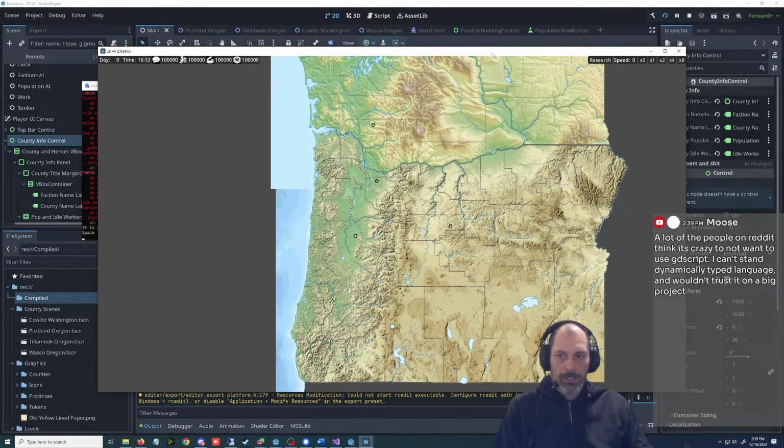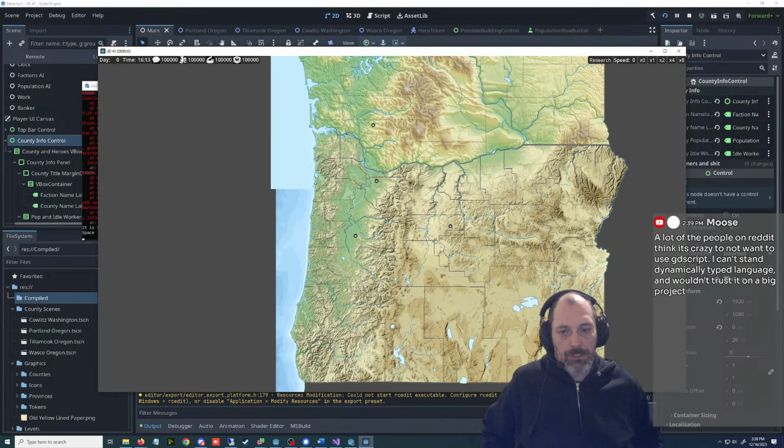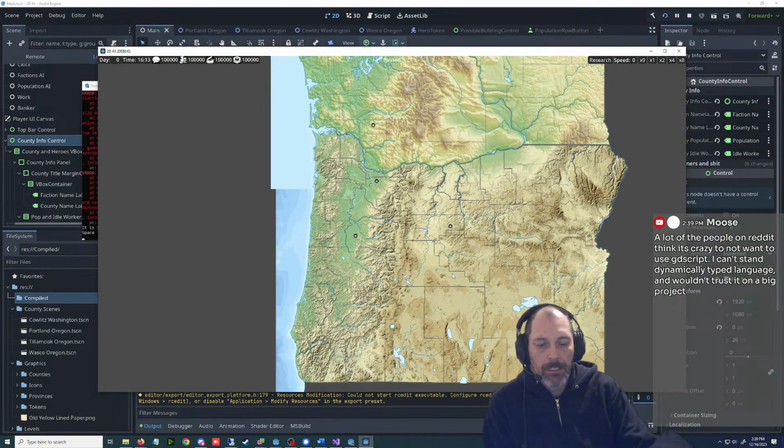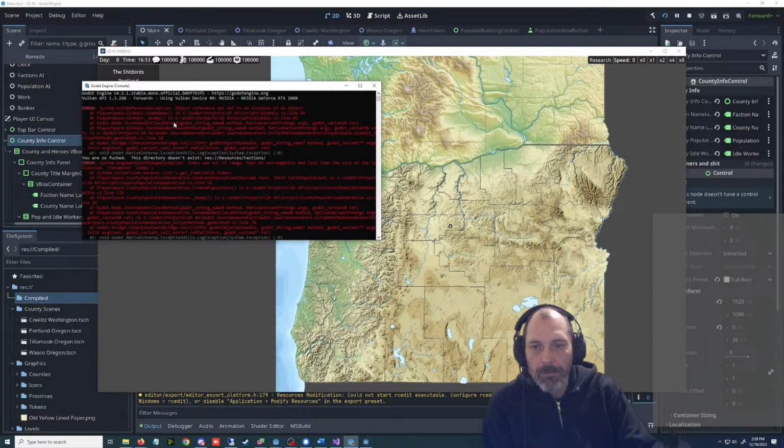I had someone come into chat actually and say they were very aggressive about their love for... see, we got like a bunch of bugs. These aren't colored. They were very passionate about GDScript.